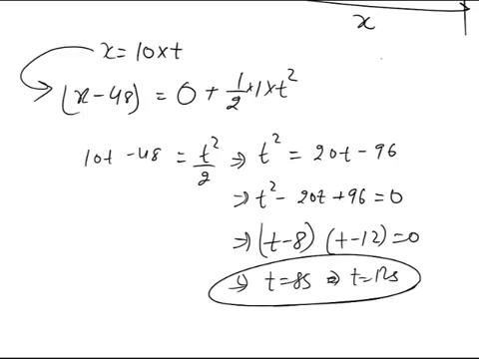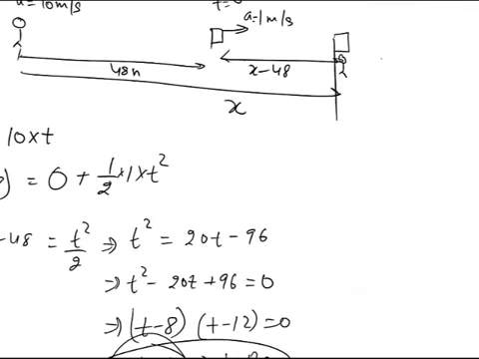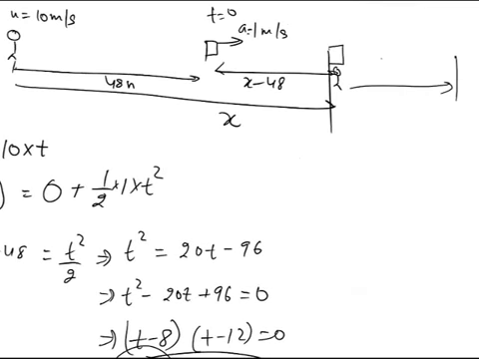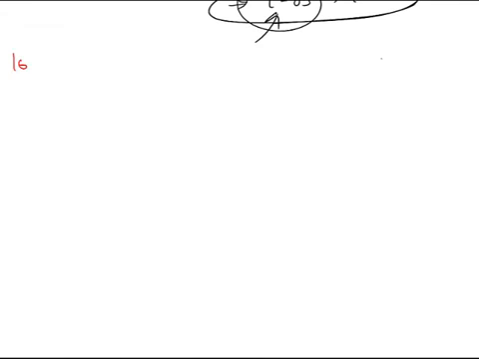Which one to choose? 8 seconds, because this is the minimum possible time where they'll meet. They'll meet after some more time also, that is 12 seconds, but that's not asked in the question. So the answer is B. Question number 16 says a boat takes 2 hours to travel 8 km and back in